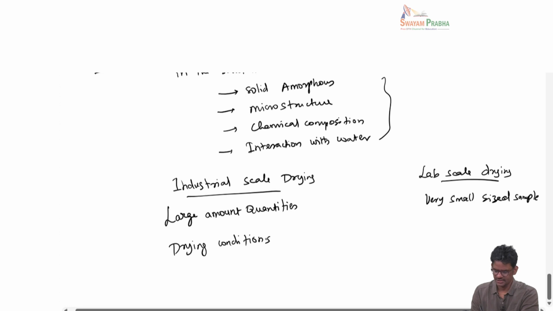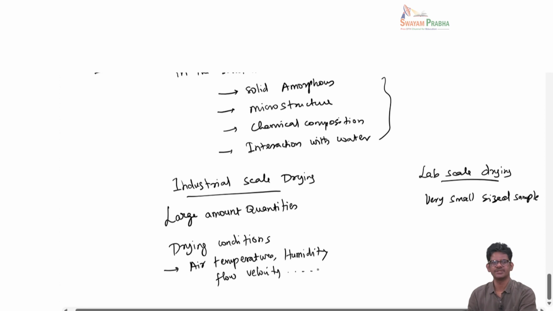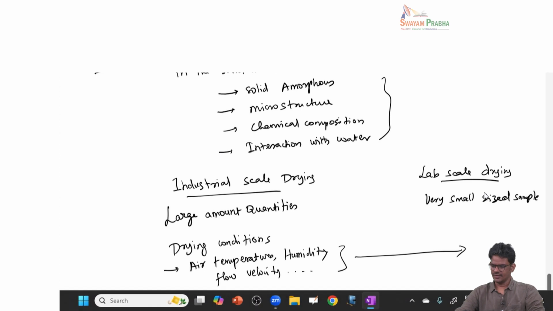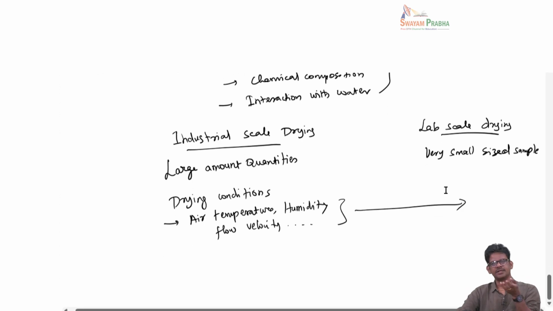When I say drying conditions, I mean what is the air temperature that I am going to circulate, what is the humidity, what is the flow velocity, etc., etc. Okay, so these are all drying conditions, and I want to maintain the same condition in the lab scale drying also. So by taking a very small sample and then you put the sample in a weighing balance,